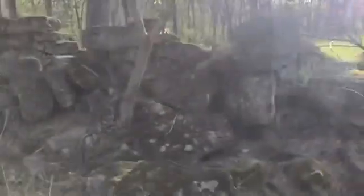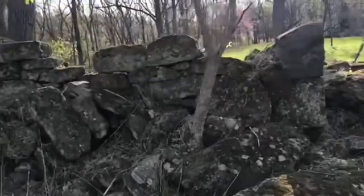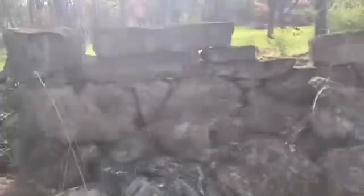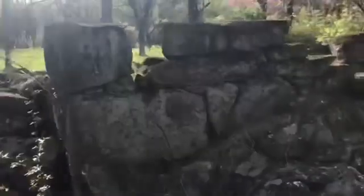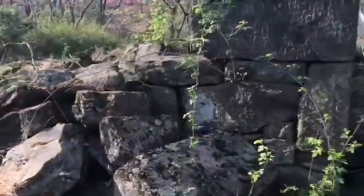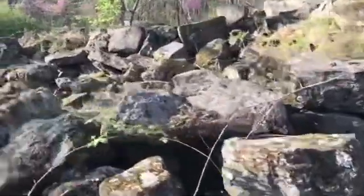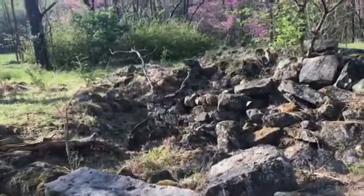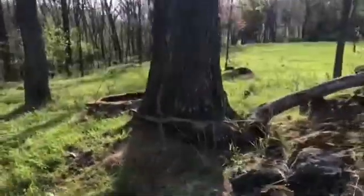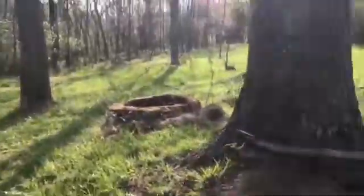And again, you can see the outside walls of the house. And while I was walking around, I also noticed that one special thing that is still here and still remaining, and who knows how old it is, but the well for the house actually is still here. It's right over here on the other side of this tree. This well once provided